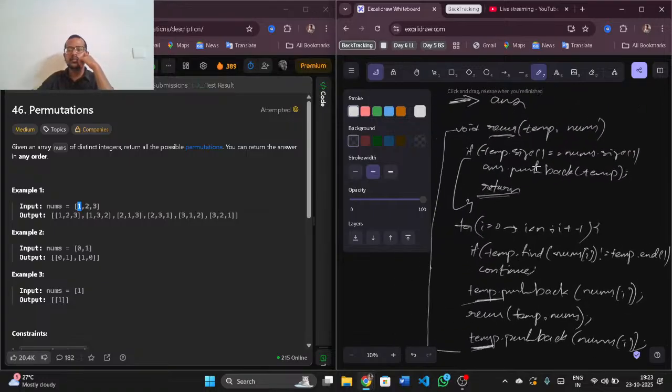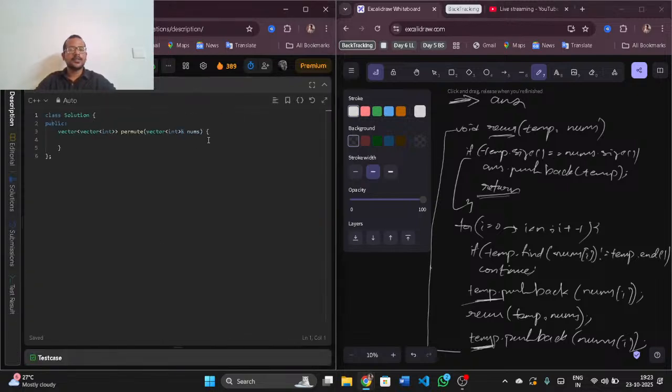I think it is necessary to include that return statement. Let us do the code part and then decide whether it is needed or not. We'll call the recursion function with the temporary array and nums. Now, what is the temporary array? It is an empty array. So return answer, but we need to initialize